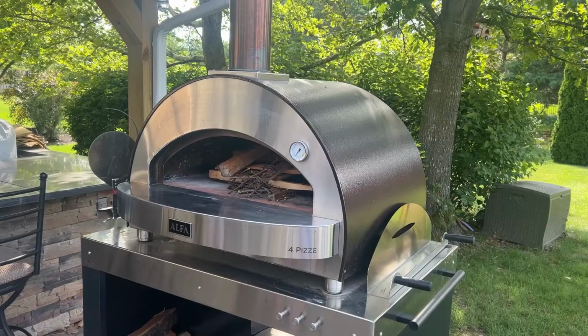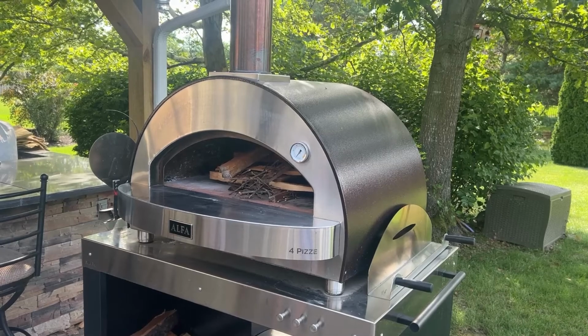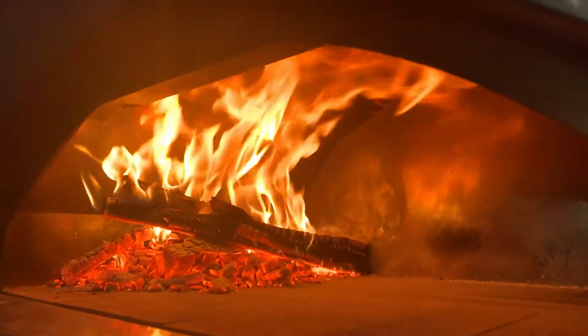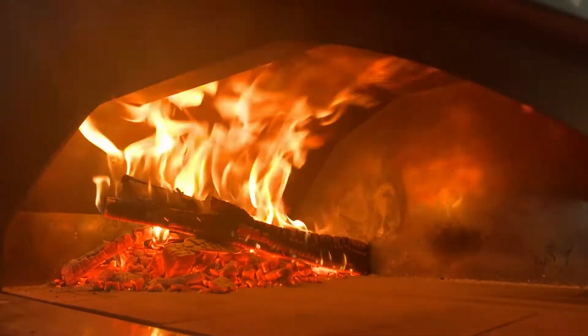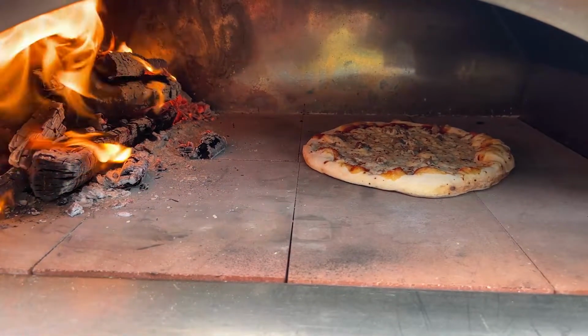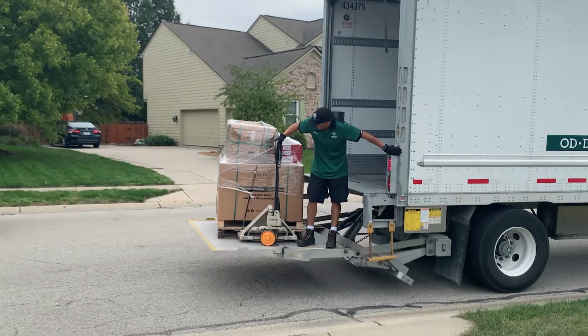Today we're taking an in-depth look at the Alfa Pizze outdoor oven. Now some will call this a pizza oven, and that's true. Others would call this an outdoor oven, and that's also true. It can cook all kinds of things and it's located outdoors, so let's talk about what this cooking appliance is all about, shall we? We took delivery of the Alfa Pizze in October of 2021 and promptly called most of